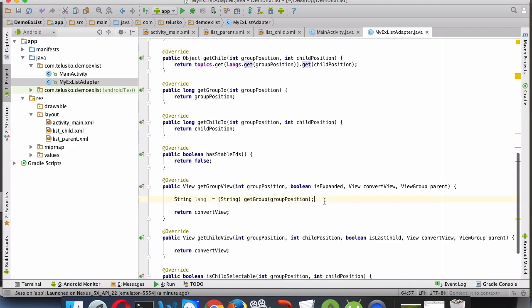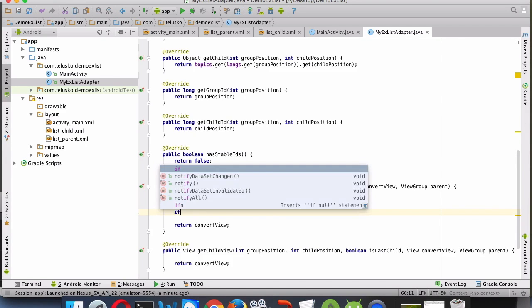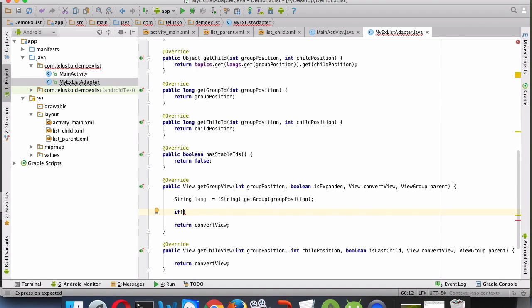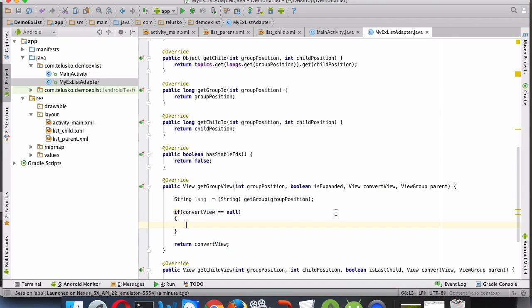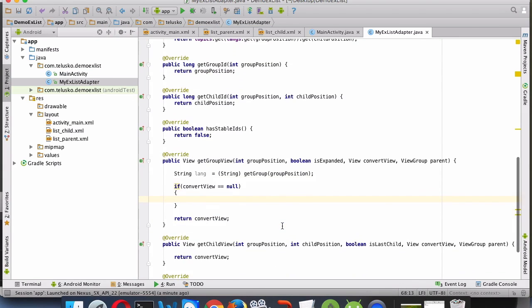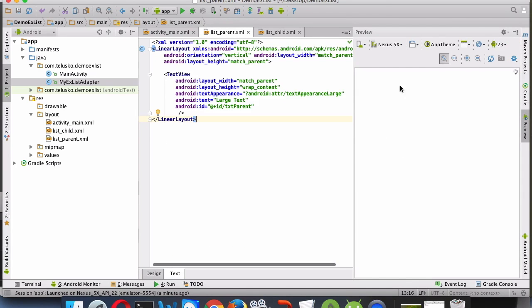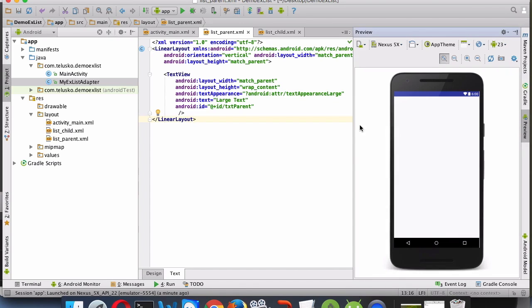So once we got the name, we need to create the object. This object will be created only once, so if your convert view is null, then only we have to create the object. Otherwise we don't have to create the object, we can use the existing one. Now how to create the object is very simple. When you create this object, this view, we need to fetch this one, right? This is the view we need to embed into